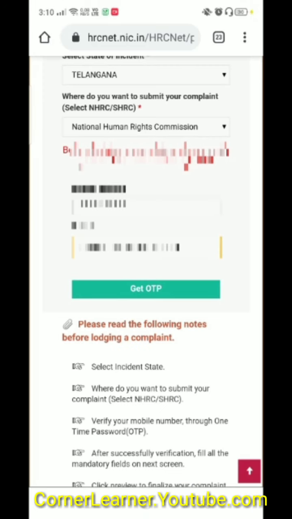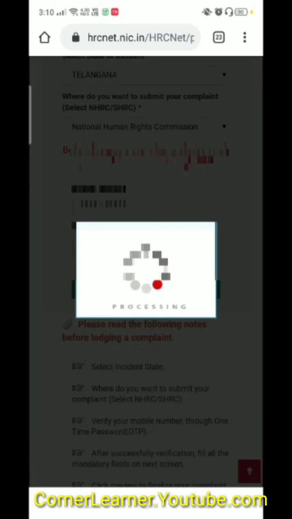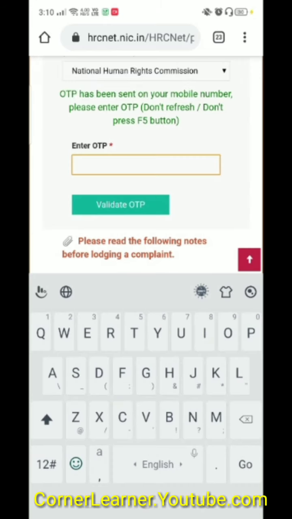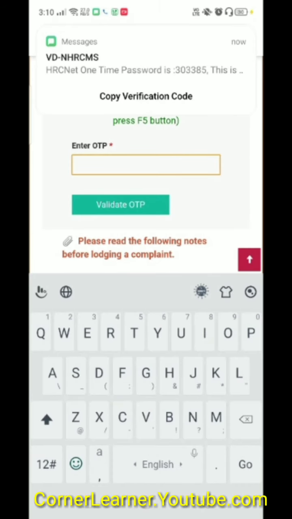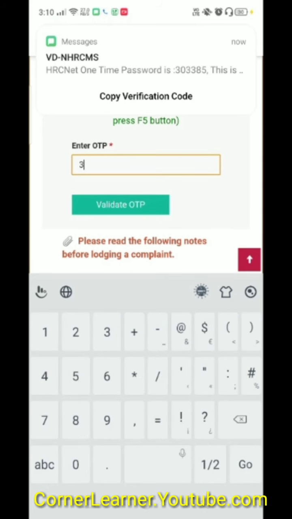It will ask for your mobile number and email address. Just add them and click on get OTP. Your mobile number will get an OTP. Now type the OTP here.